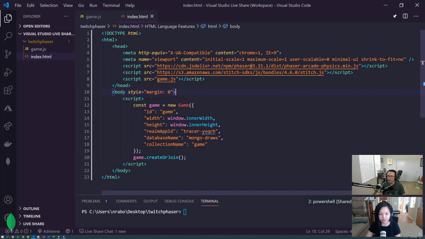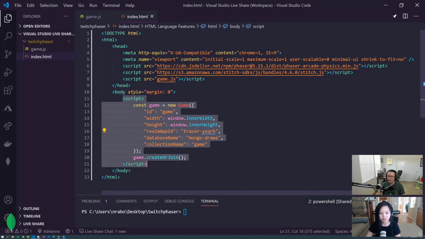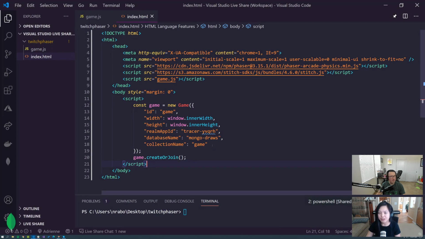So out of all of that, what we have started so far is creating this game class, and we are passing a couple of configuration items that we would need when we send it to Phaser, when we create and initialize this new game. So far we have the actual ID of the game, we have our width and height of the actual canvas that we're going to be using, and then we are passing our own kind of custom pieces here.